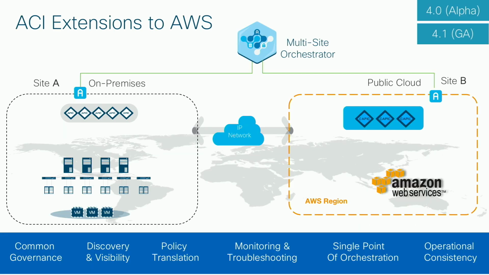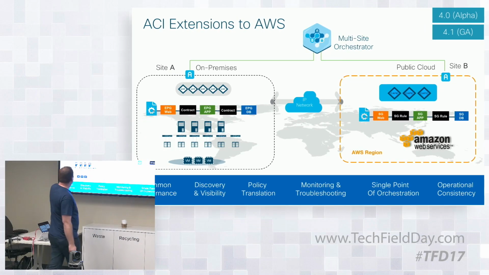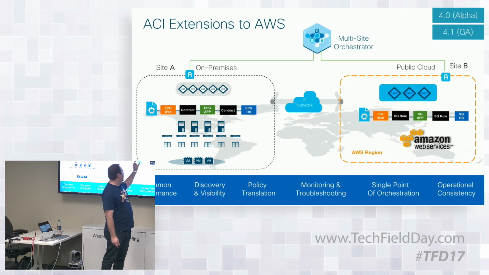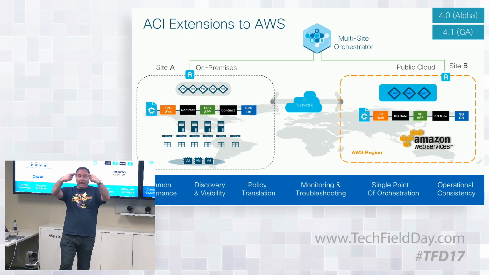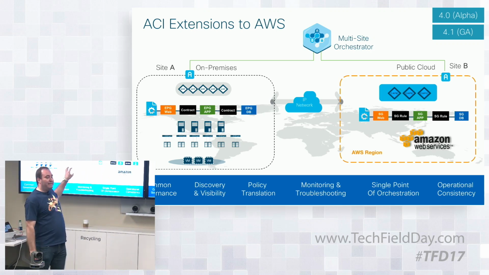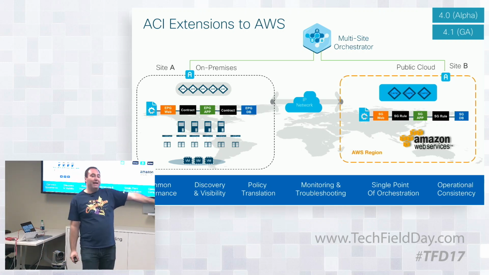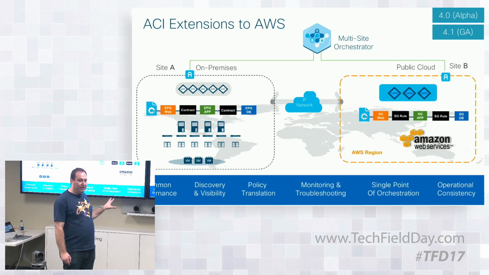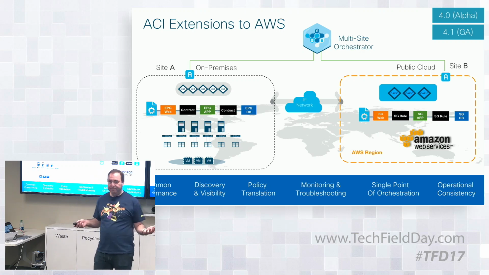And now I have 5 minutes. So just like Ethan mentioned, from MSO I push the policy down. On-prem, it's EPG web, contract, EPG app. In AWS, it's security group web, security group rules, security group app. And the policy where it says my databases are always on-prem because I don't want to put them into AWS, but my web and app are on AWS, that policy domain is pushed and it's consistent. And you can do audits on it and all the good things that happen with that.